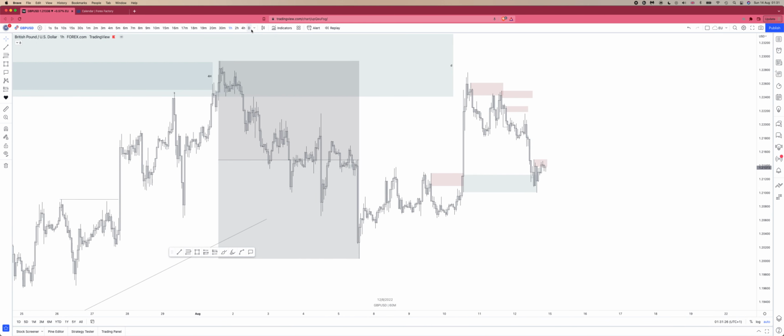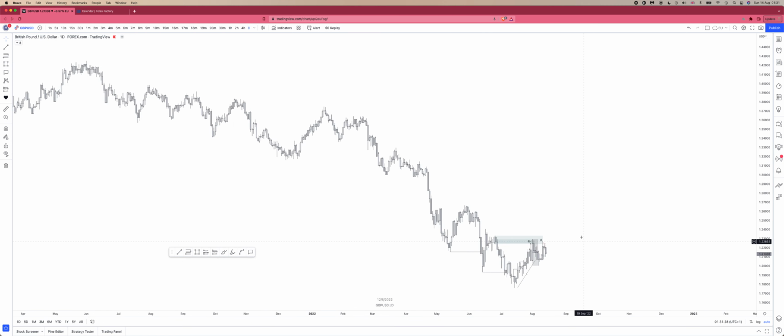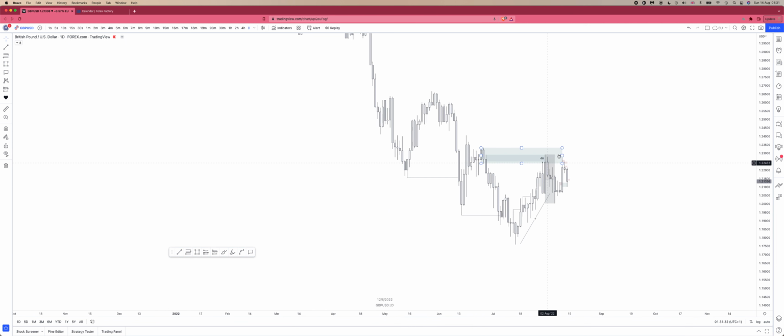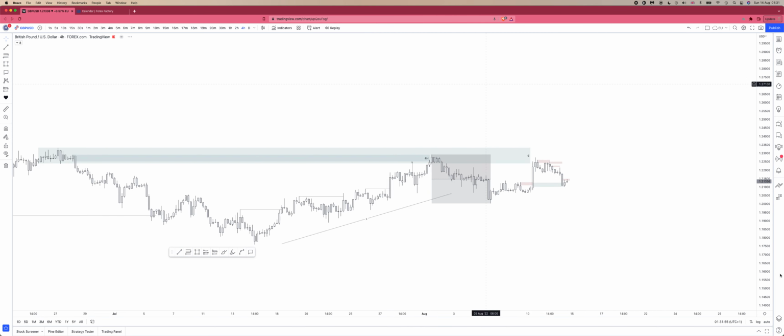GU. So starting off with the daily, this was forecasted a couple weeks ago where it tapped into it nicely on the 4 hour. So we've had a daily change of character as well here, which holds a lot of weight, but we didn't have a wick candle body close, so we could continue higher, but at the moment this supply is holding. So if you go on a 4 hour,